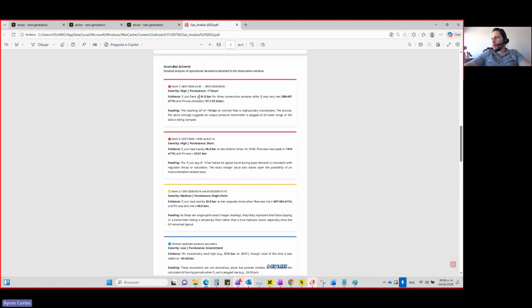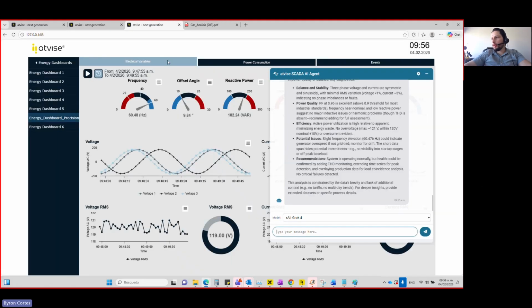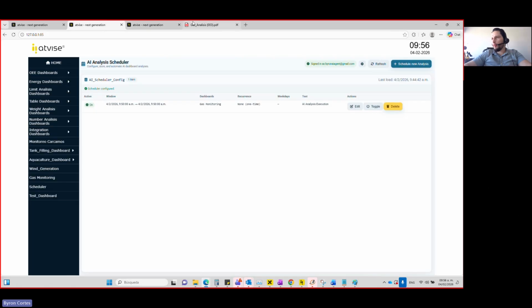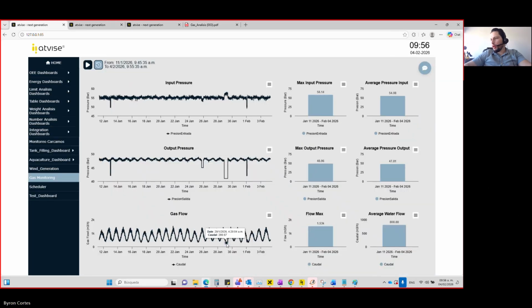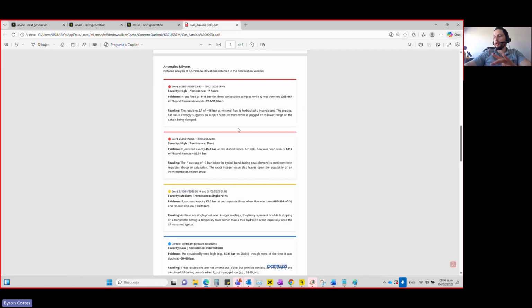P out fixed at 41 bar for 3 consecutive samples, while Q, which is the gas flow, was very low. Oh, there you go, here. Look at this. The gas flow was very low during this period of time. So the AI analyst is not only analyzing one chart, but it's actually correlating the information between multiple charts.